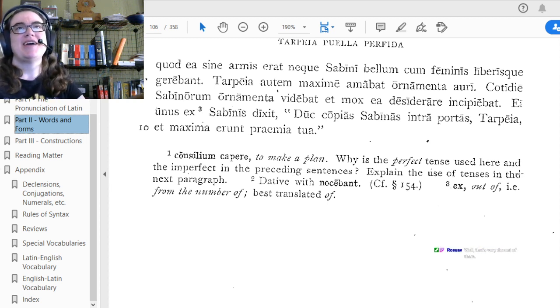Hey, Tarpeia, however, loved, amabat, used to love, right? Imperfect, very much, maxime, most greatly, the